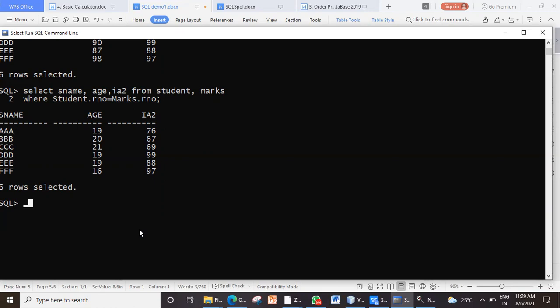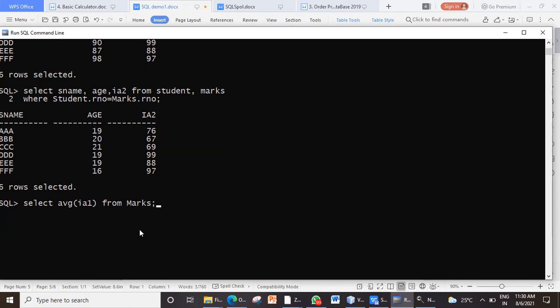Similarly, we try to find the average score of a student in one particular exam. For that, we will use the AVG function. How to use it? In your SQL query, select AVG, and then you have to specify the column for which you are calculating the average, IA1, suppose internal exam 1, from which table?